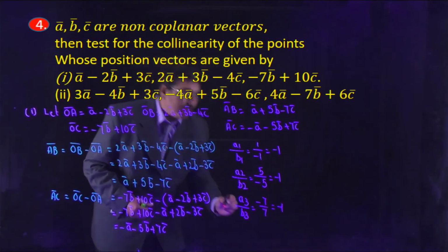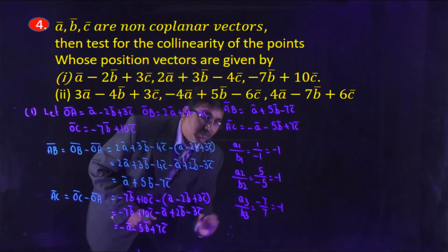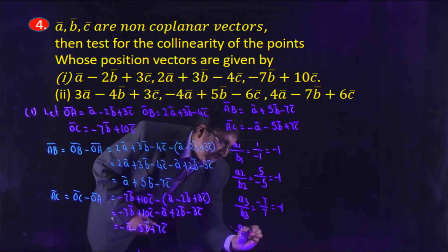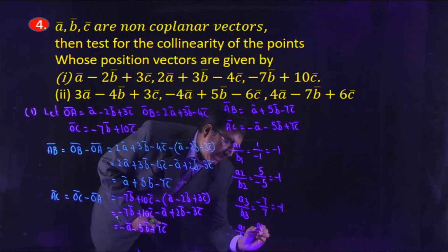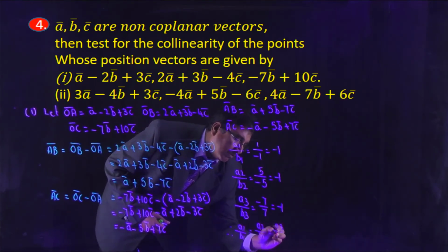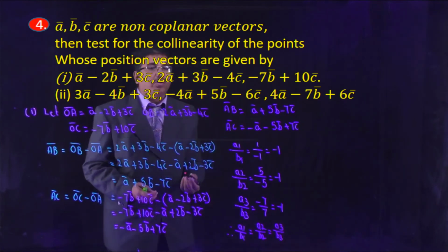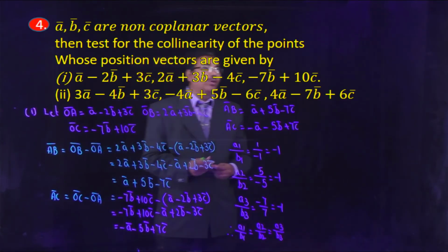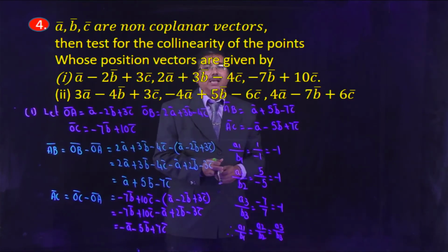Therefore, A1 by B1 is equal to A2 by B2 is equal to A3 by B3. Therefore, the given points are collinear. Right. Now,